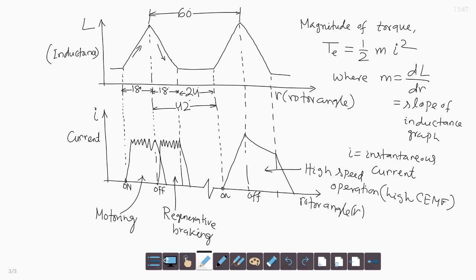So, this is the principle of operation of the switched reluctance motor. What are the advantages? Advantages of SRM are simplicity of construction, robustness and low cost, as you can see. There is no complexity of sophisticated winding, only concentrated coils are used. So, cost is less, robust also and simple. Demerits are pulsating torque and acoustic noise problem, and also they cannot carry very high loads; they cannot be used for very high power loads.